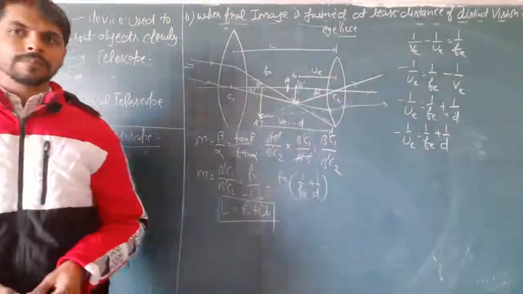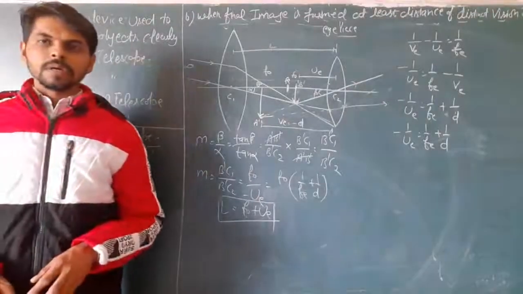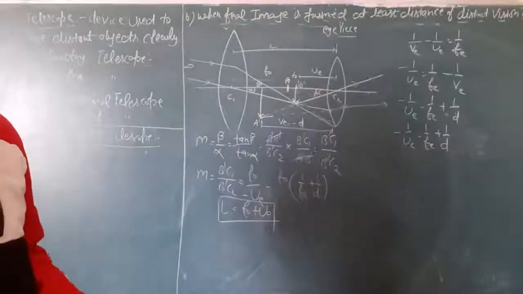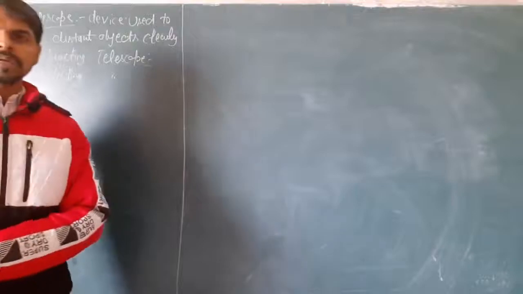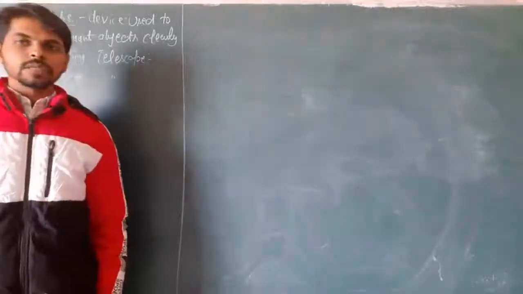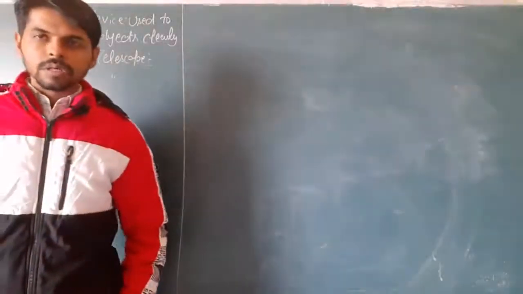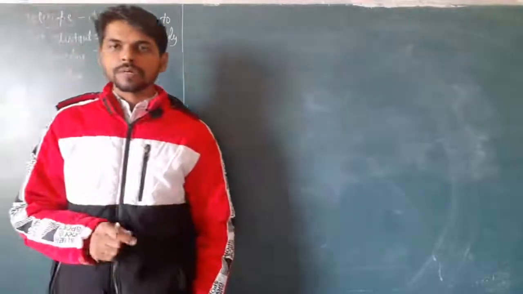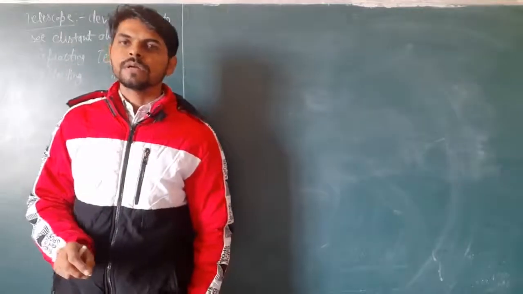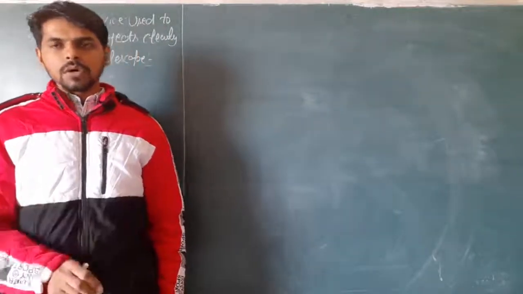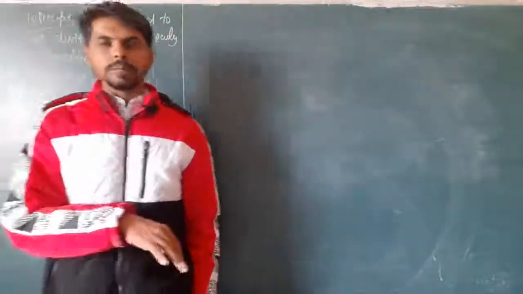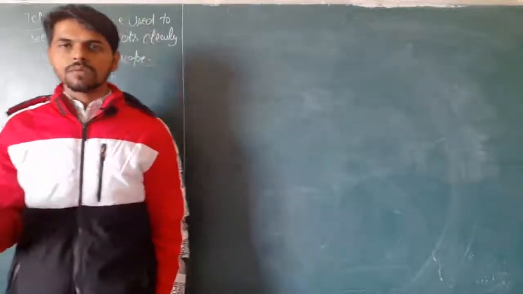We would be discussing that only refracting type telescope. Another type of telescope, reflecting type telescope, is also there, and that is also called Cassegrainian telescope. In it there is reflection, and for the reflection there must be a mirror. And what are the mirrors? Already we have discussed in the lower classes that there are two types of mirror: convex mirror and concave mirror. Concave mirror is converging, convex mirror is diverging. In the lens it is the opposite: convex lens is converging and concave lens is diverging.